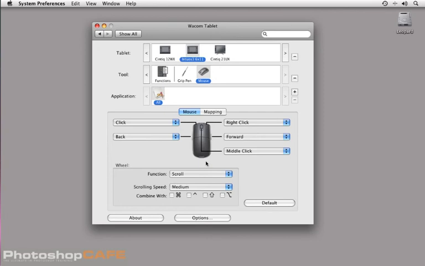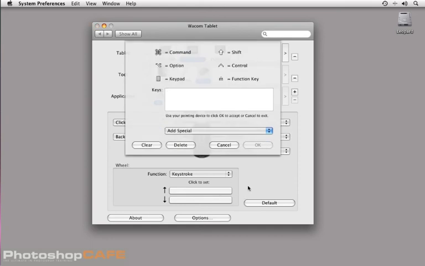The center button on the mouse also doubles as a scrolling finger wheel, and with this wheel you can assign a different function from the default, which is scroll, for example, to keystrokes, or you can actually disable it as well. But with keystroke, for example, you can set a forward or backward position, and or up and down if you wish, by clicking on this button right here, a top and bottom position. What you're greeted with is a dialog box that is looking for input from your keyboard to assign that keyboard shortcut. I'm going to go ahead and leave it blank because in this case I don't really set mine up